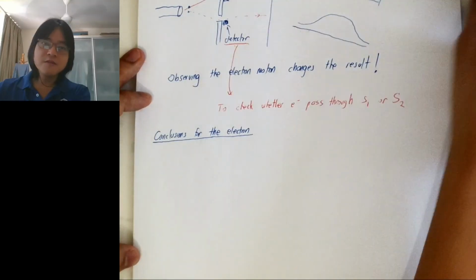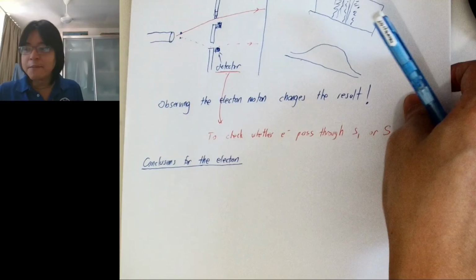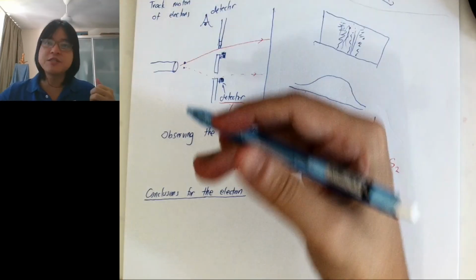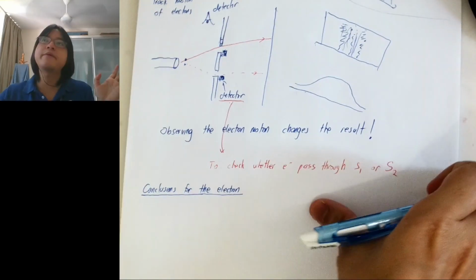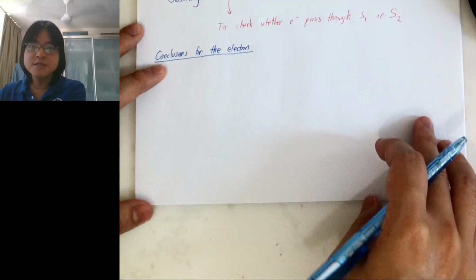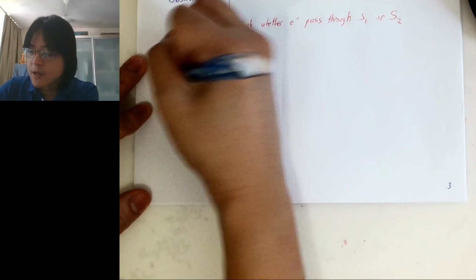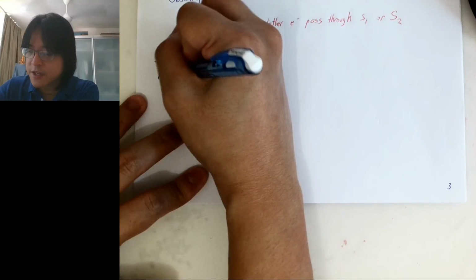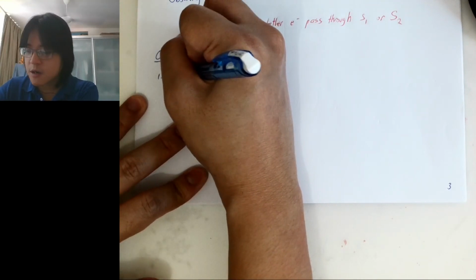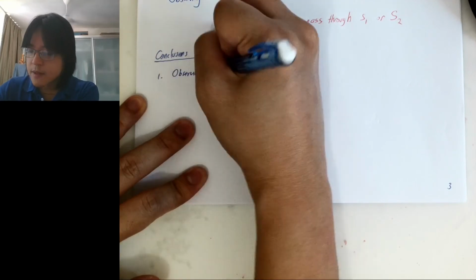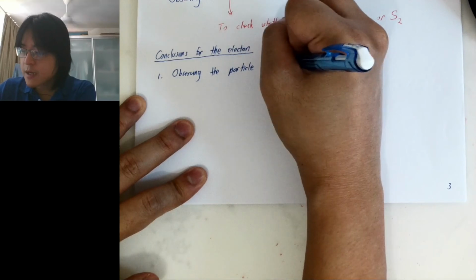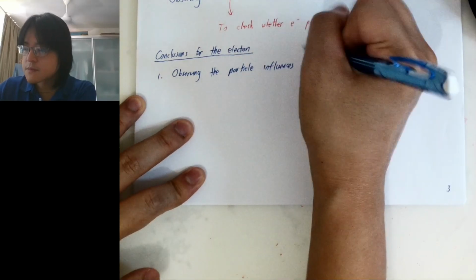Okay, so now this is the strange thing, right? But let's say at this point of history, people have done this study, have done this experiment. At this level, what are the conclusions that we can draw based on all this outcome? So one thing is that the observation affects the result. This is one of the huge consequences of quantum mechanics. Observing the particle influences the experimental outcome.